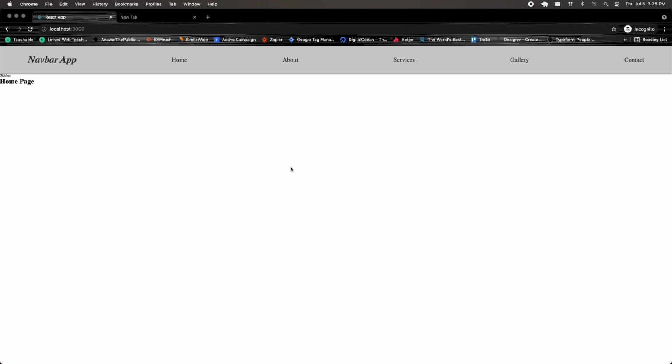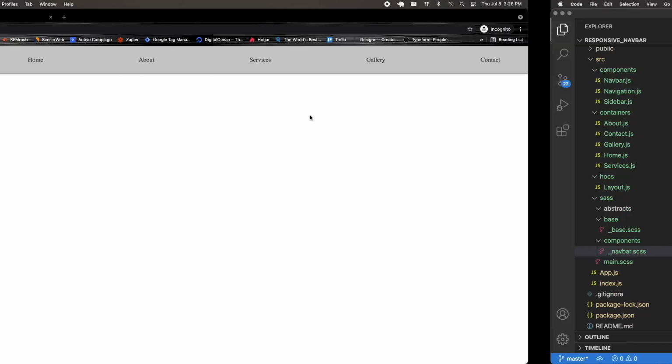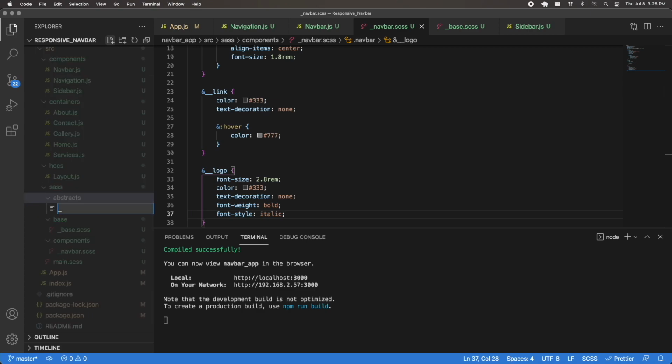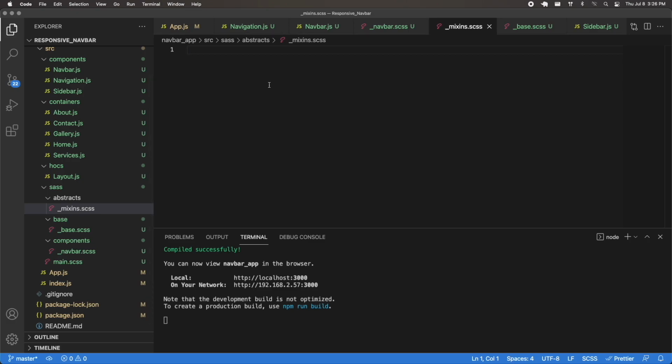Anyway, let's go ahead and now continue on where we left off. So I have my text editor open, and now what I'm going to do is add a new file inside of this abstracts folder, which I'm going to call _mixins.scss. So this is where we're going to see how to create these mixins so that we can conveniently have